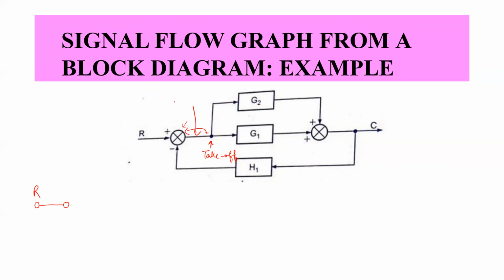The output at this point is R minus H1C. Now, what is the output at this point? It is R minus H1C. So we have the same output throughout this particular point. So in this case, this node will not be taken as a separate node. It will be taken as a common node. So these two will be common,